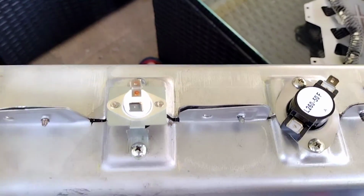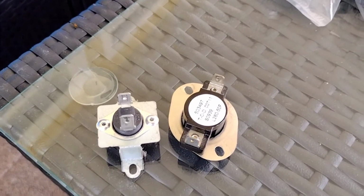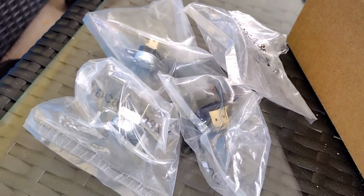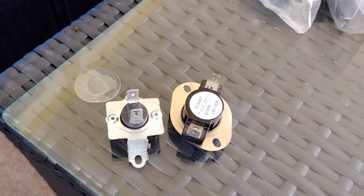Okay, so all I had to do was change these two pieces, okay? The unit comes with a bunch of them. These are the two I replaced. They look good, but inside they're fusible links. So when the thing burns out, these things go bad. It comes with a few varieties. I'm not using these because I don't need them, but it comes with enough to work on any Samsung machine,